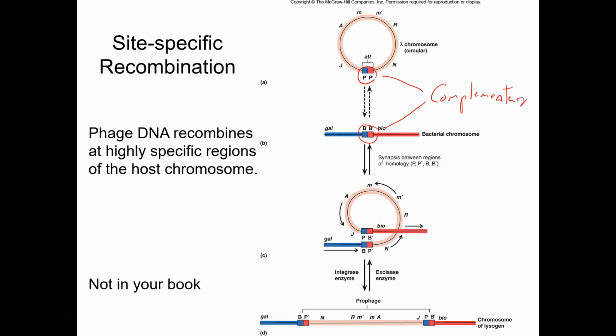Those sequences are complementary, meaning they match. Evolution's a funny thing. So when the lambda DNA gets into E. coli, these sites align, and then, leaving out a lot of details here, you can see that the virus loops in. It kind of crosses over, loops in, and at the bottom, you can see it has shoved itself into the chromosome. It's an established prophage, and it's going to stay there until it decides to leave.